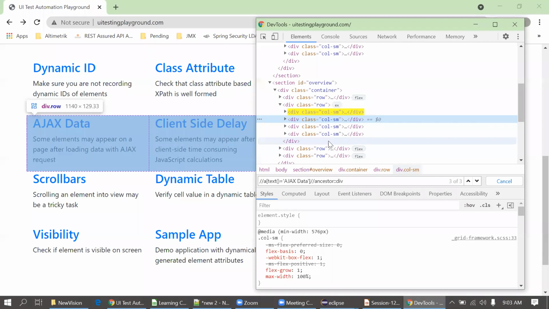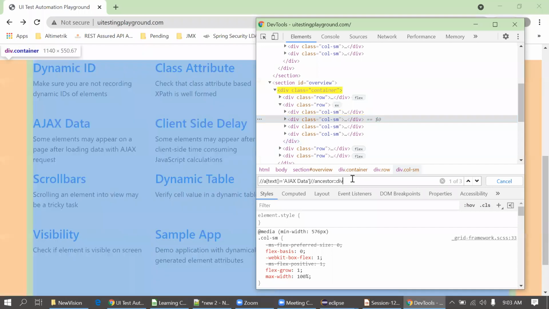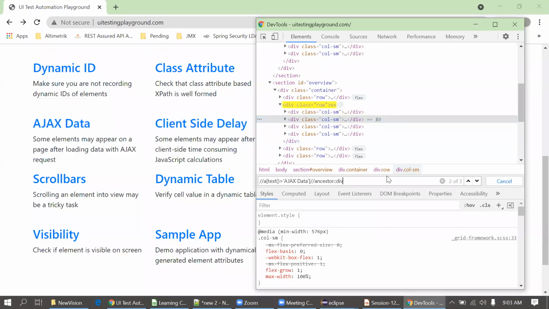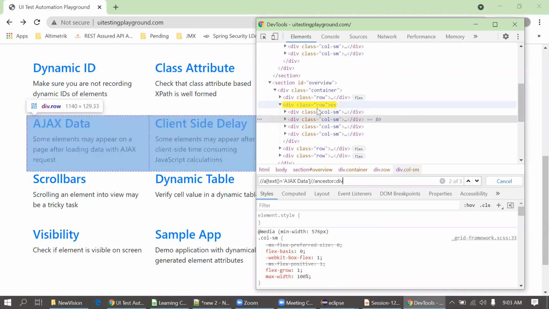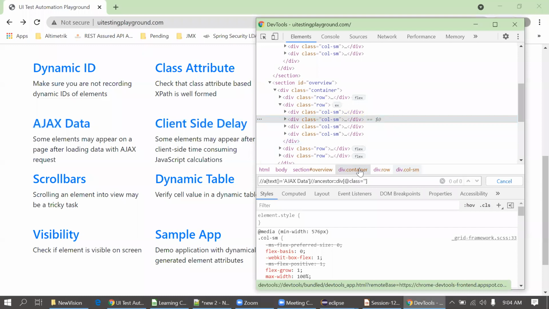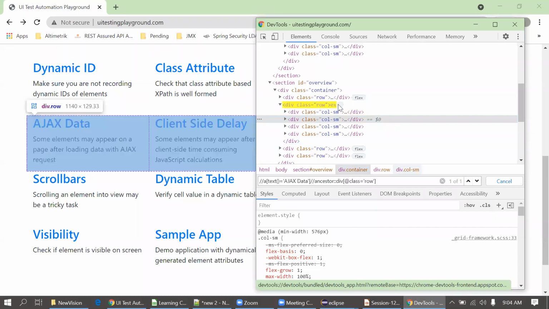As you showed for the ancestor, there were three ancestors, the div ones. How do we locate the second one? If you want the second one, then you have to find the proper attributes of that. Suppose I put @class equals row, sorry, not div. Okay, I got the second one. It's a simple one actually.